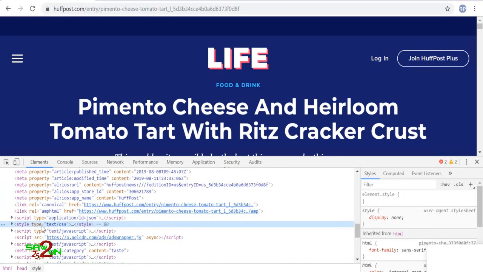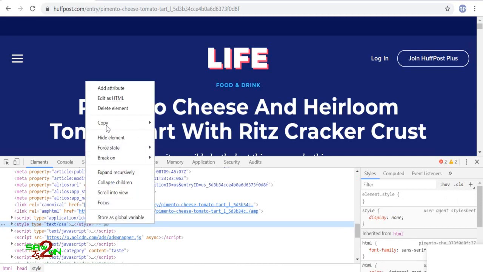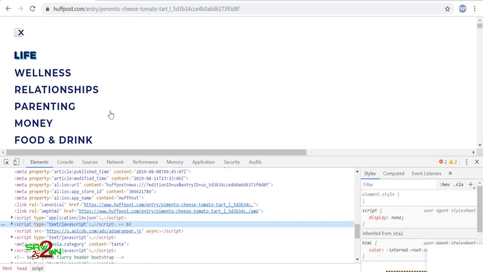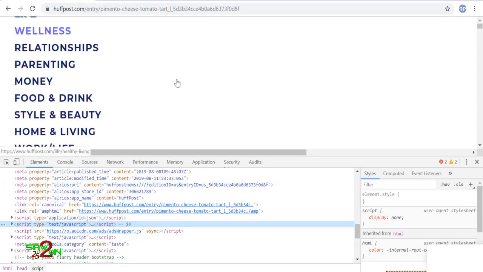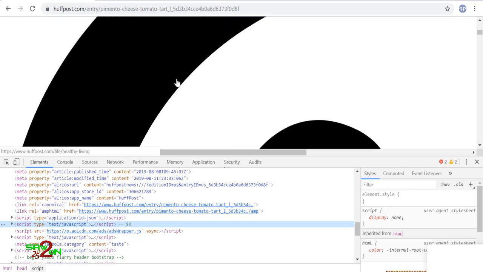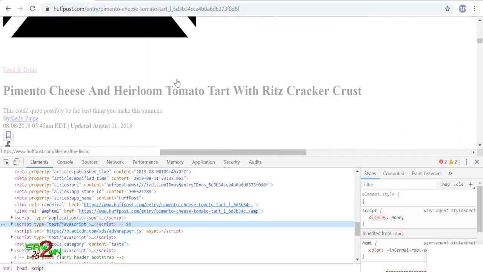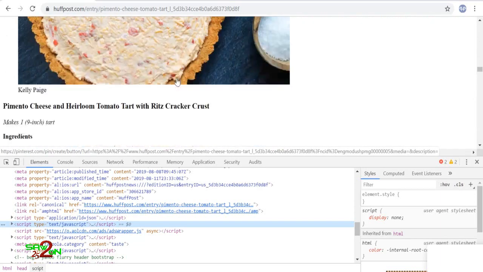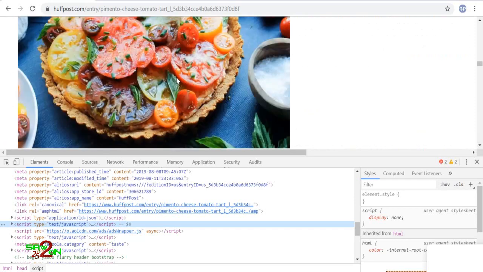Okay, there's a style here. This style we will learn in the next section. So if I delete this, let's try to delete and see what happens. Okay, so the styling has been removed from this page. Now we are left with the plain old HTML. If you go and browse the page, yeah, we are able to see the page now.